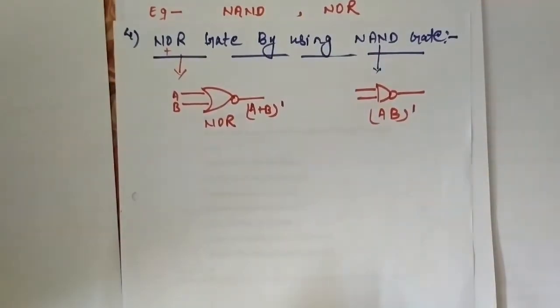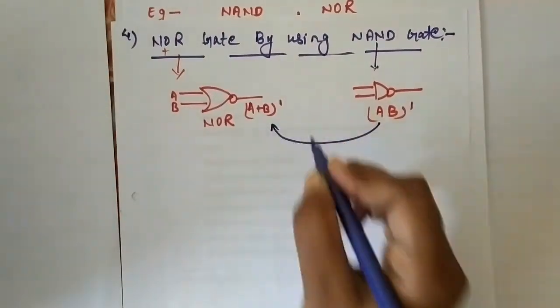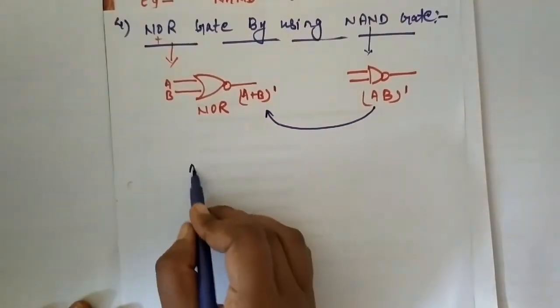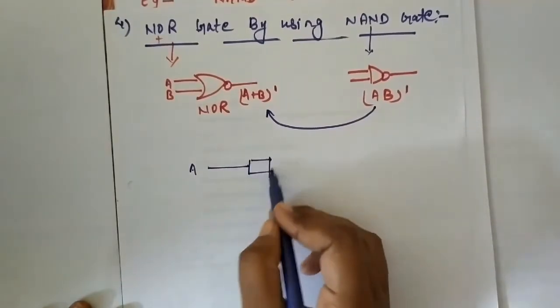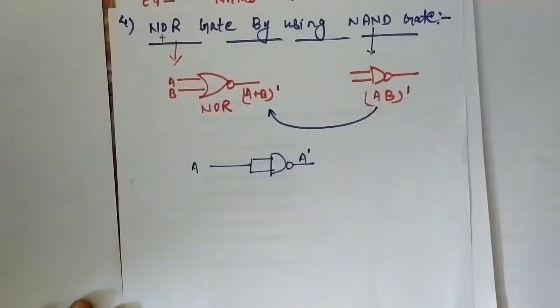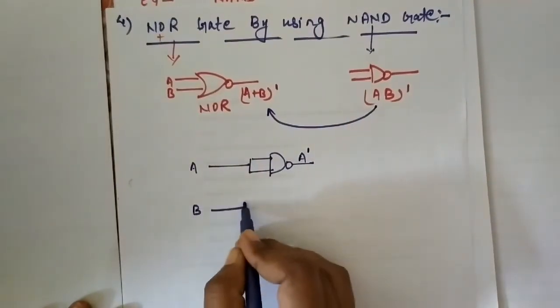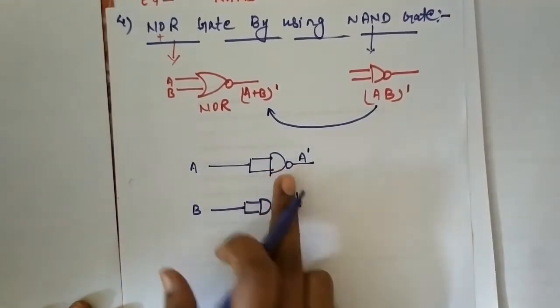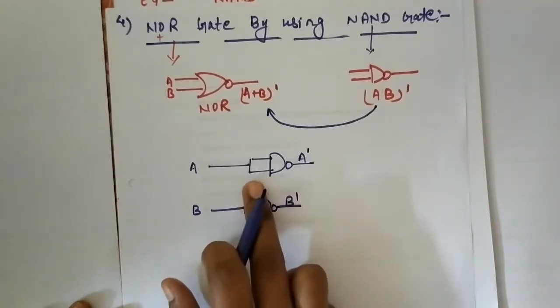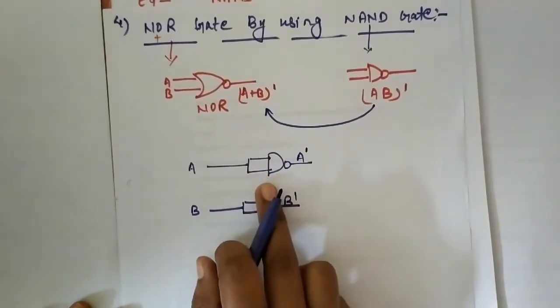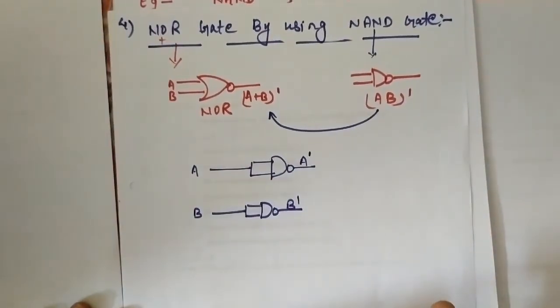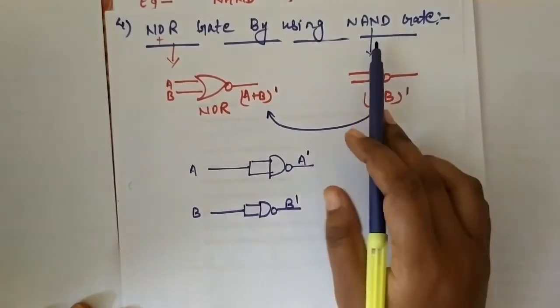So let's see how we can change this expression into this expression. So firstly take one NAND gate, so what is the output? That is A dash. And second one is one more NAND gate, so this is B dash. So for the A dash we could also use a NOT gate, but we can't use a NOT gate because this is a universal logic gate. We can't use any other gate. Clearly I am only using the NAND gate.